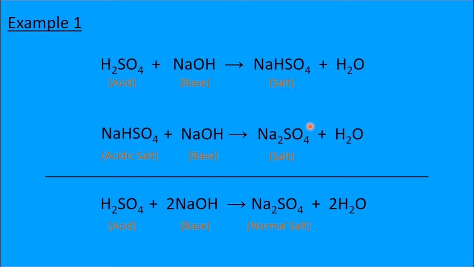The interesting point here is that in the second case, the acid salt is reacting with a base. So this salt is acting like an acid. This is called an acidic salt. What is an acidic salt? A salt which acts like an acid in the neutralization reaction. Can you remove anything in this reaction? Hydrogen is not possible here. So this is called a normal salt. I think we are very clear about what an acidic salt and a normal salt are. Acidic salt means hydrogen is there, and a removable hydrogen atom should be there.